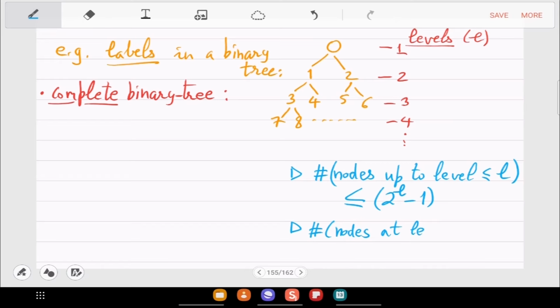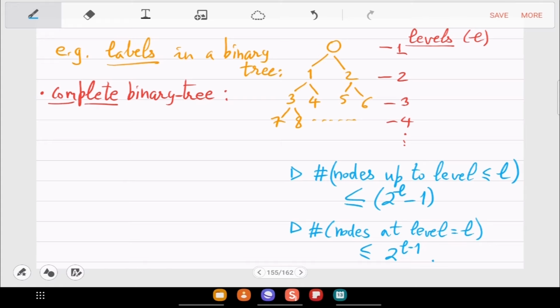At level L. So then you subtract, right? So you get, yeah, L minus 1 above in the superscript. So in a level, you have these many nodes in a binary tree. Okay, but you may have fewer.